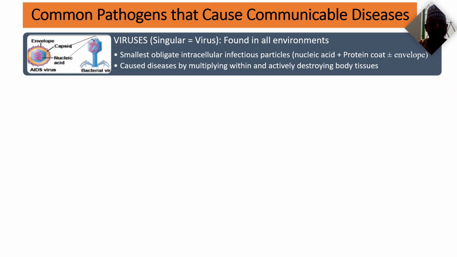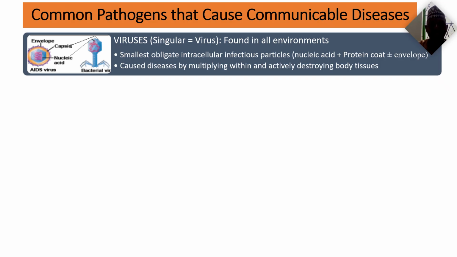They always multiply within the body of other living things. They require other living things in order to reproduce. They cannot reproduce on their own. Unlike bacteria, which can reproduce on their own, viruses are incapable of reproducing on their own. That is why they are referred to as obligate intracellular